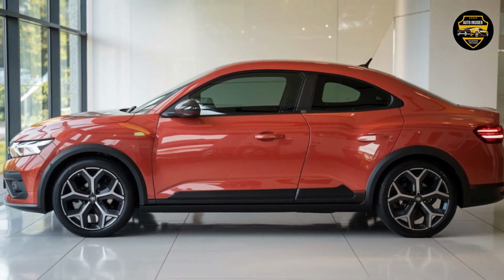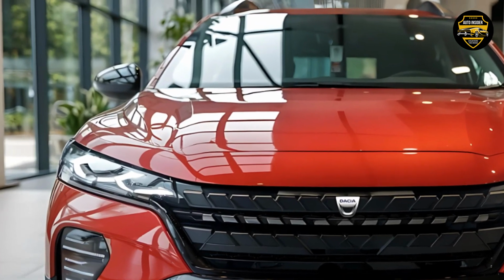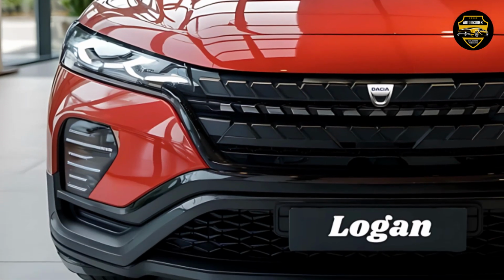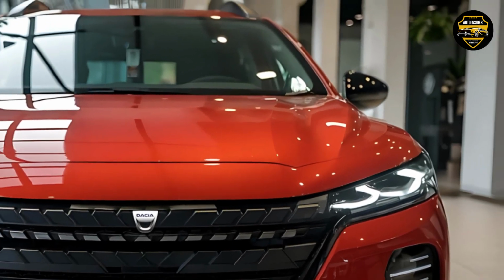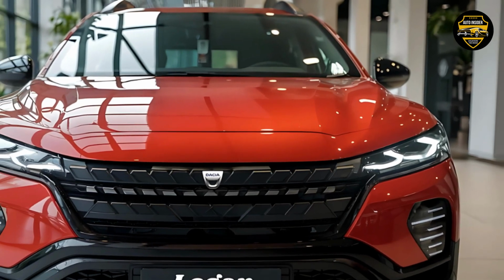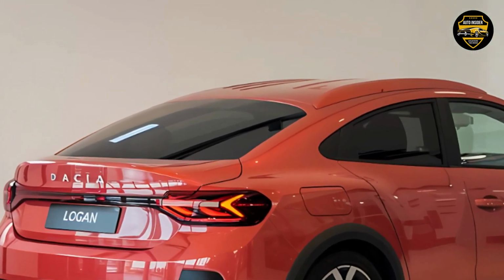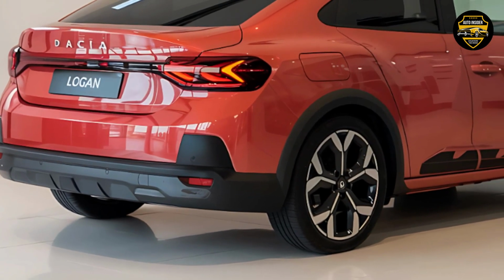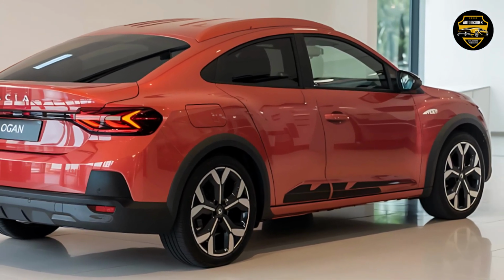a practical daily driver. Now, here's something you might not expect: modest off-road capability. No, the Logan isn't going rock crawling anytime soon, but the Stepway version, which is available again for 2026, gives it a little extra edge. With raised ground clearance, chunkier tires, and protective cladding, the Logan Stepway can handle light gravel paths, muddy back roads, or snowy village lanes far better than most sedans in this class. It's ideal for rural drivers or those who occasionally find themselves off the beaten path but don't want to commit